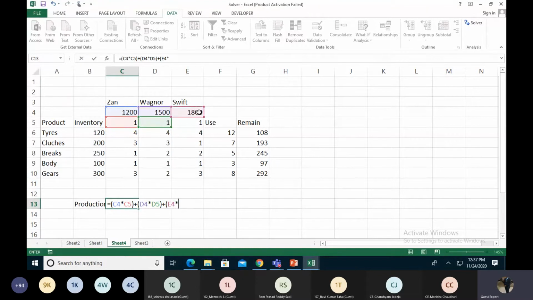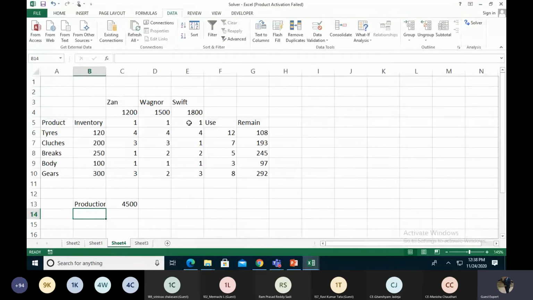This is the price of the Swift, and we sell only one Swift. So in total I earn $4,500 over here. My work is I want maximum production. I'm using all my inventory and I need maximum production. So it gives me which product is best for me to sell. Okay.